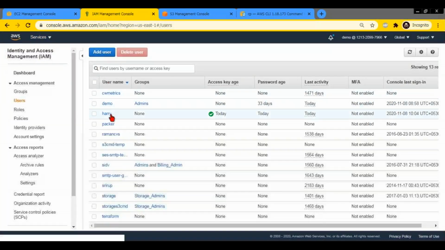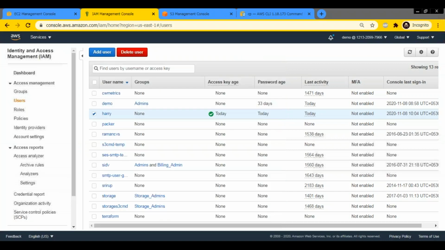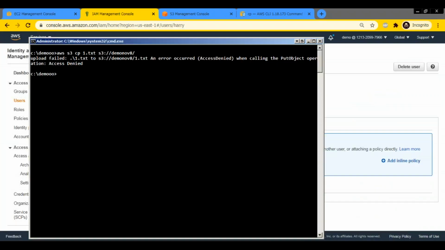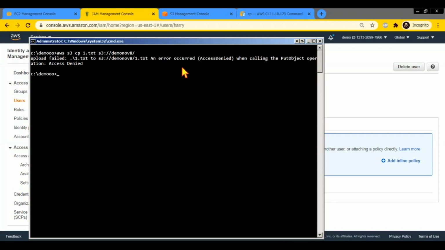I have used the credentials of Harry for the console. You don't give the username and password, you just give this combination. It knows it is for Harry, because these credentials were created for Harry. So now I'm running these commands as Harry. What permission does he have? He does not have any permission, which is why you are getting the access denied error for Harry.